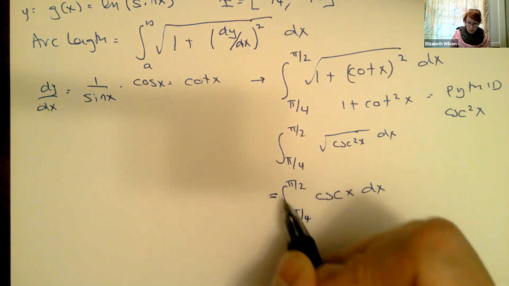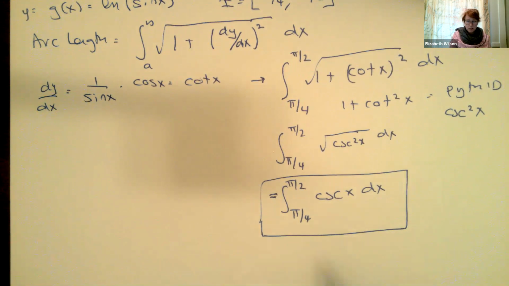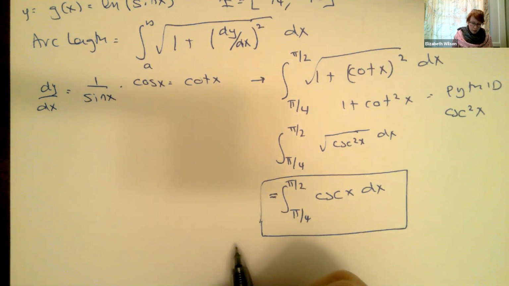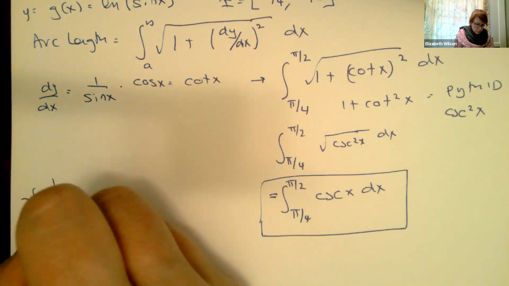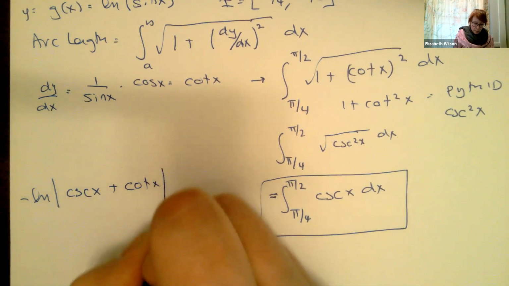Now, let me just tell you ahead of time, on an exam, we usually ask you to just set it up and leave it. I'm going to keep going and solve it. I don't expect you to know off the top of your head how to integrate the cosecant. You can look it up in a derivative and integral table, but basically the integral of cosecant comes out to be minus the natural log of the absolute value of cosecant of x plus cotangent of x,